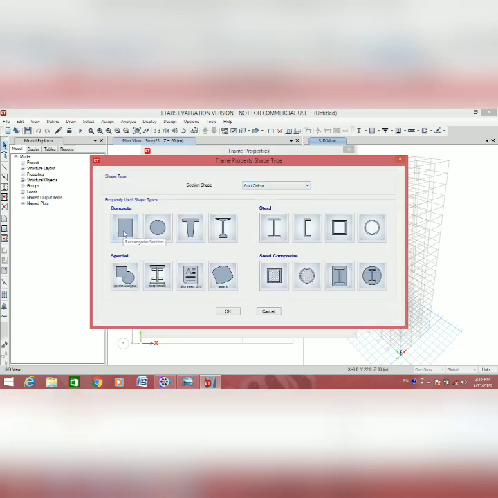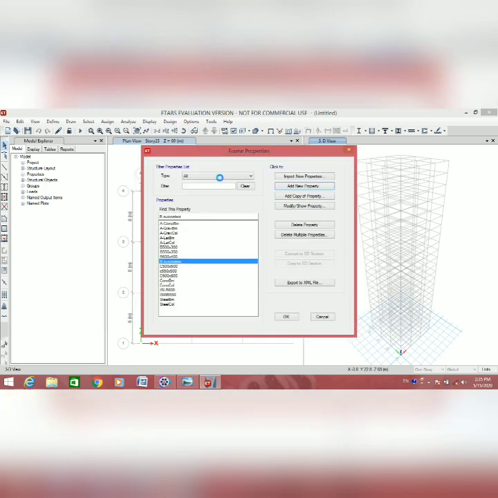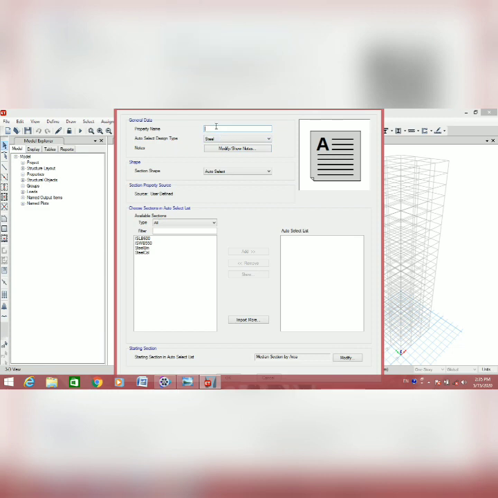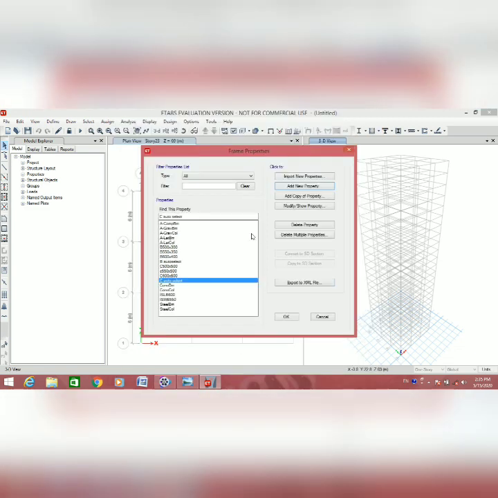Again, auto select list for column. Give the name column auto select, select material, add the three sections of the column, and then click OK and OK.